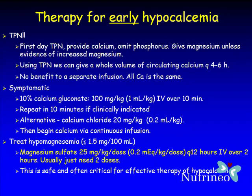Now, a problem with many babies who are symptomatic with hypocalcemia is that they're also hypomagnesemic. The serum magnesium is low, and we've increasingly recognized this as a clinical problem. Hypomagnesemia depresses your parathyroid hormone function. So babies who are hypocalcemic and also hypomagnesemic may not respond to calcium very well unless you also give